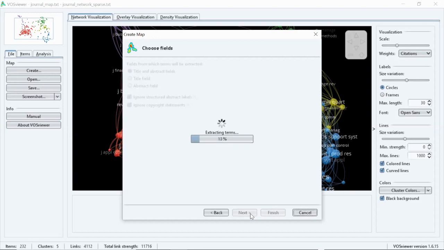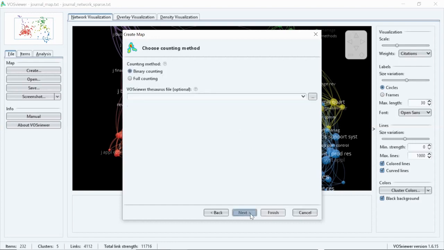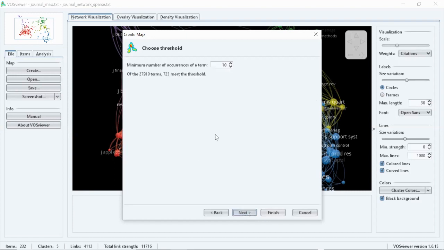Now the terminologies are extracting. VOSviewer uses NLP technique to extract the terms. NLP is nothing but natural language processing. It is a topic of machine learning, which is used to do text mining and text content analysis and sentiment analysis. NLP is one of the widely recognized techniques for term analysis. So NLP technique is being used by users here. For the counting method, I will just set it as default. I'm not going to dwell on this.